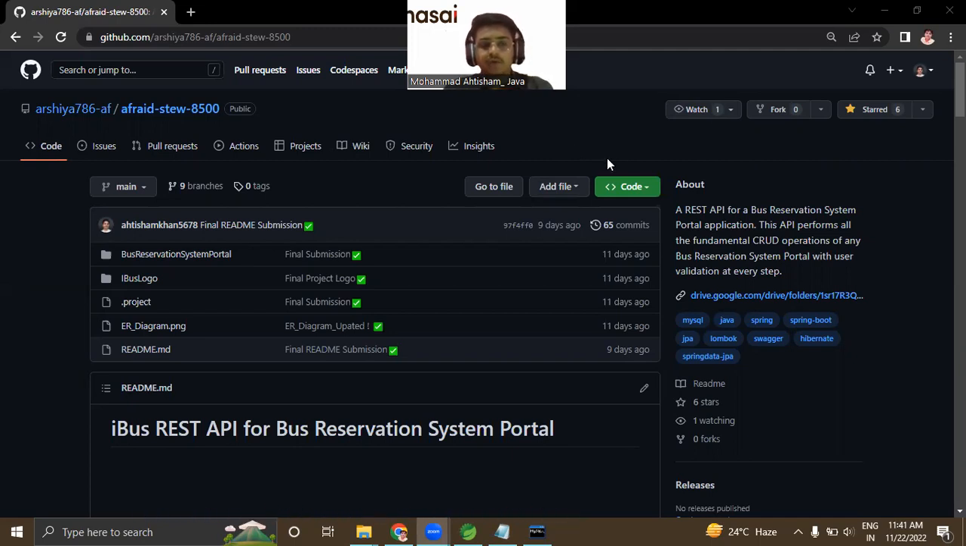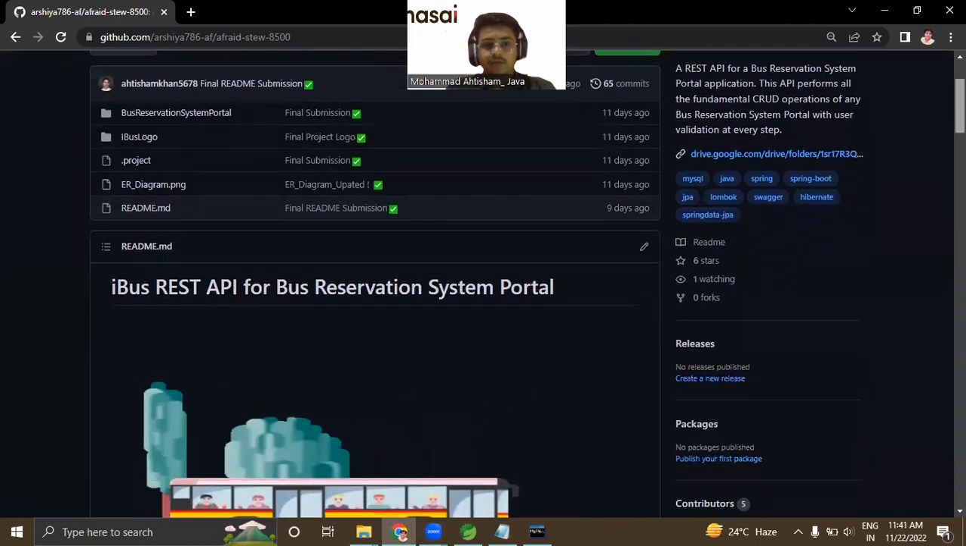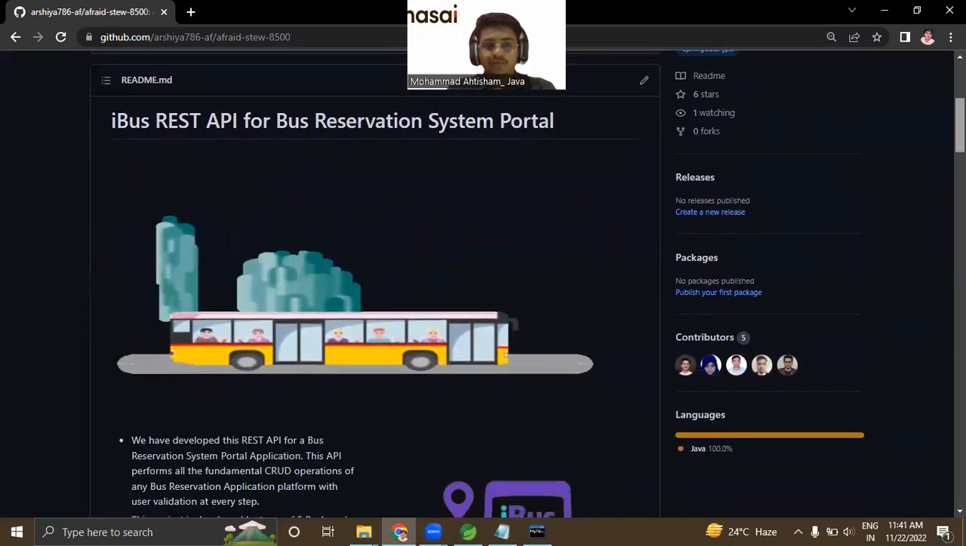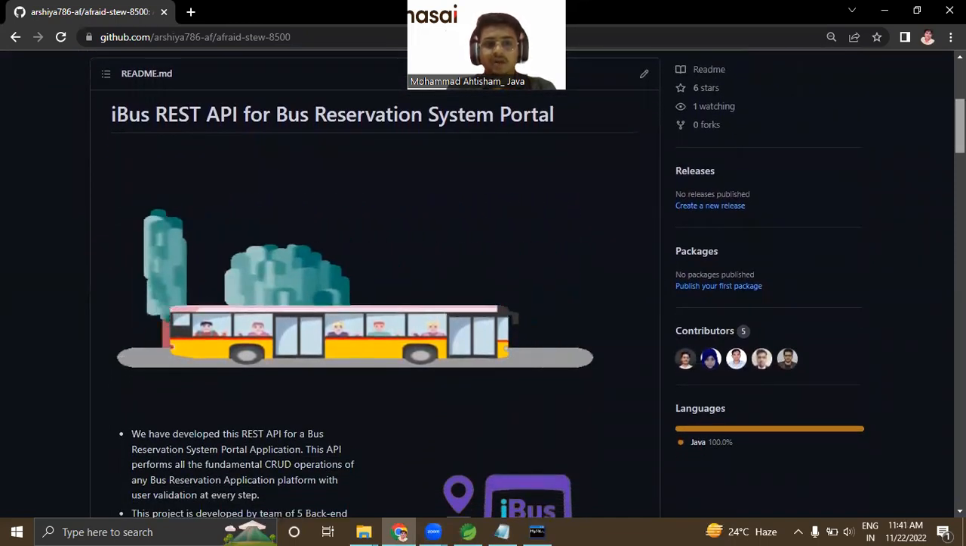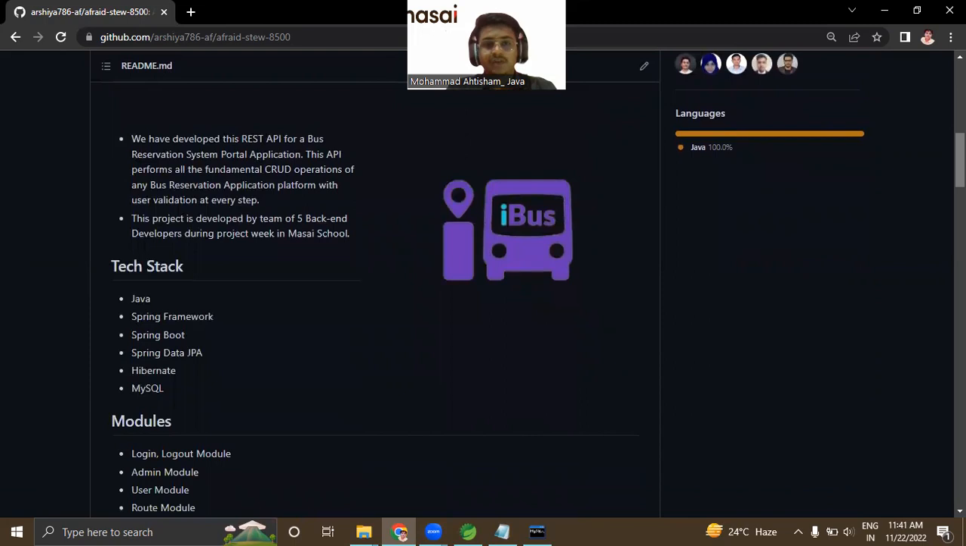So let me go to my README and I will show you. So this is the README of my project, the iBus API for reservation portal system. And the tech stack we use in this project is as follows: Java, Spring Framework, Spring Boot, Spring Data JPA, Hibernate,